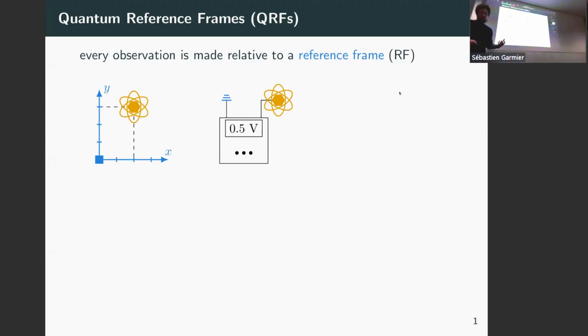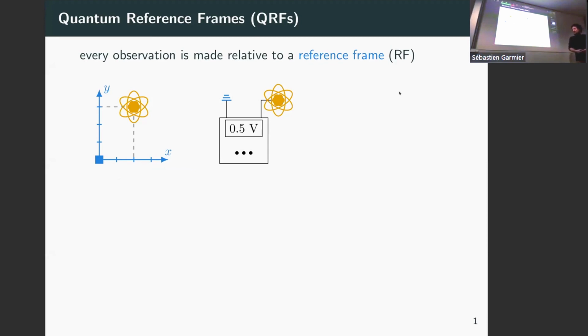It's a much more general idea. And in fact, as I said, pretty much anything requires a reference frame. Even if you want to distinguish between 0 and 1, which seems to have an absolute meaning, right? If you want to actually pull this off in practice, you still need to know what 0 means and what 1 means, and somehow the 0 and 1 will be encoded in some physical system. So you still need a reference for that as well.